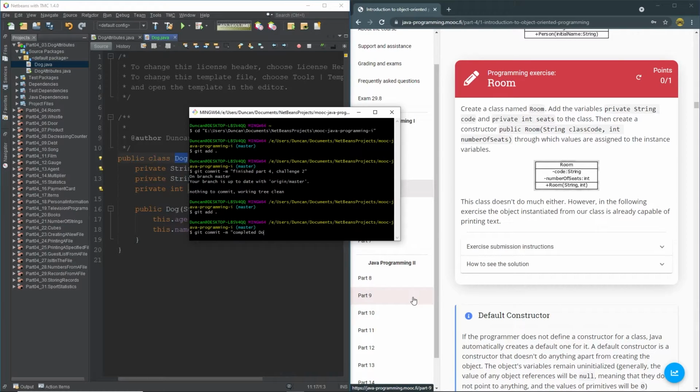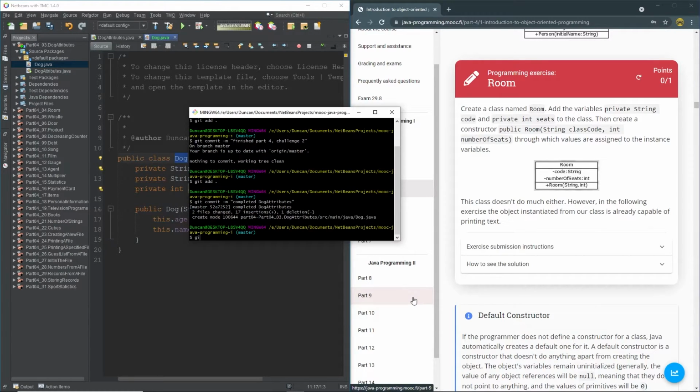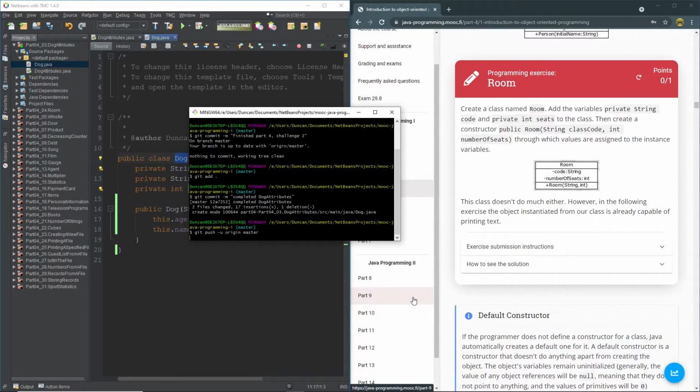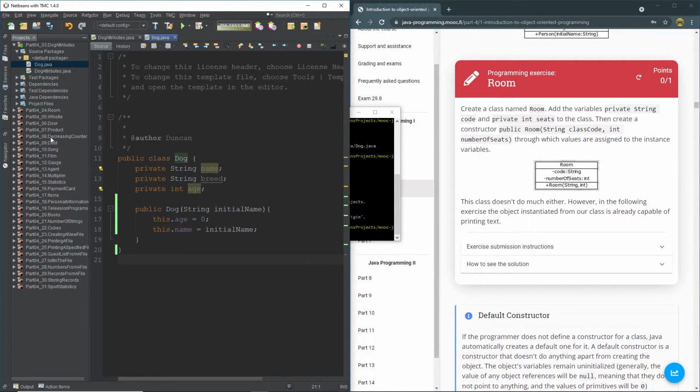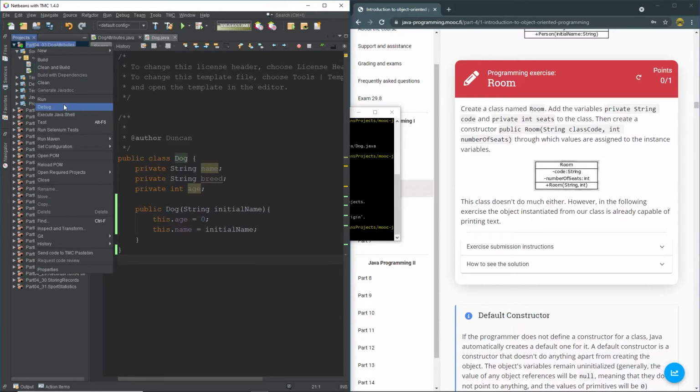And then remember that needs to be surrounded with double quotes. And then the last thing that we can do is do our git push -u origin master. Okay, and then press enter, and then that should update our GitHub. So that's great. Let's just move that. Right, let's close this project down, and then we'll open the next project, the room one,